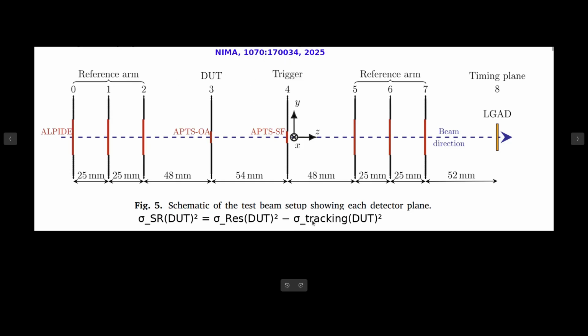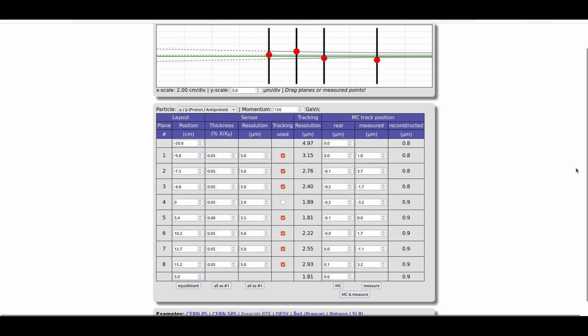Now I will also explain how we extract this tracking resolution. We can extract this using the telescope simulation. This particular setup is also known as the telescope in test beam data analysis. As I already mentioned, we have to extract the tracking resolution at the DUT plane. So for this we need to use the telescope simulation software. So this is the software. You can simulate the telescope